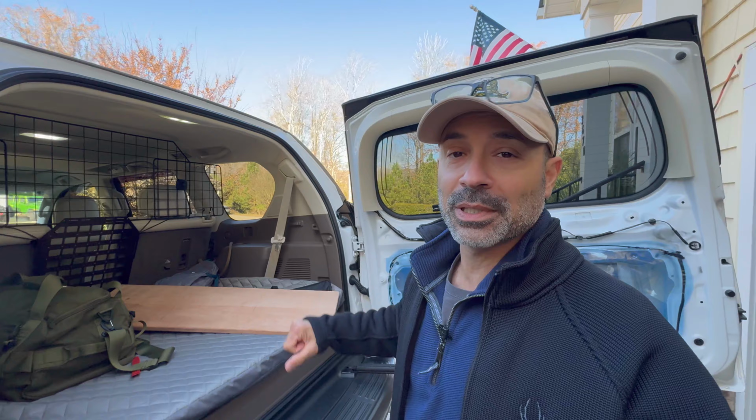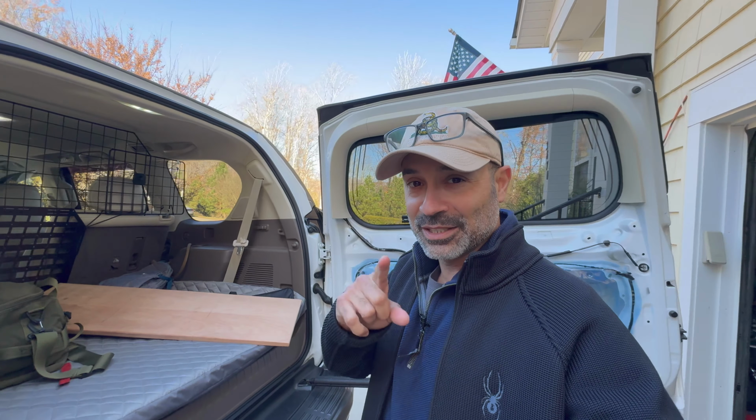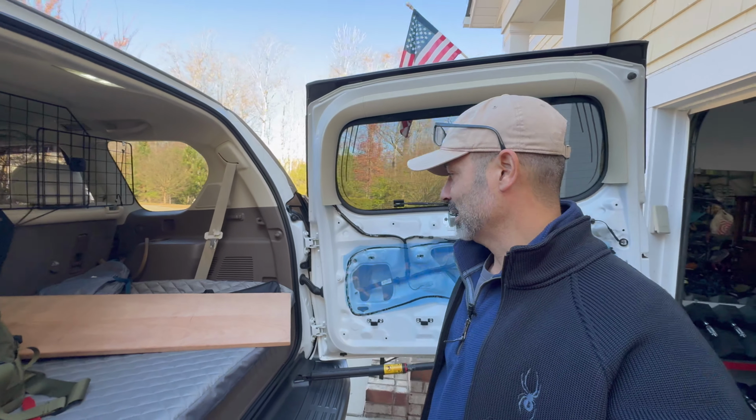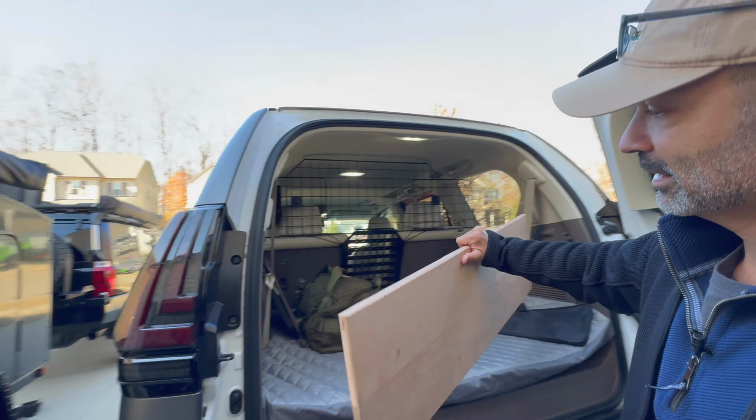I've got this piece of wood. It was gifted to me by a good buddy of mine. I'm not gonna say his name, but he knows exactly who he is. He's the man. He's always taking care of me. But what's special about this piece of wood that he gave me